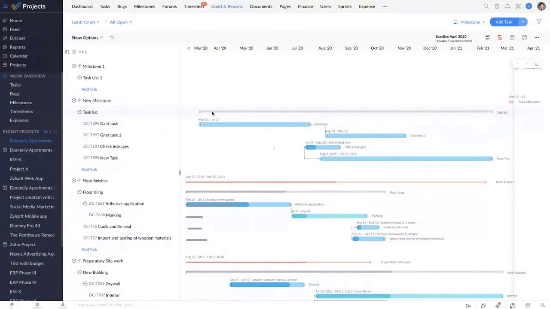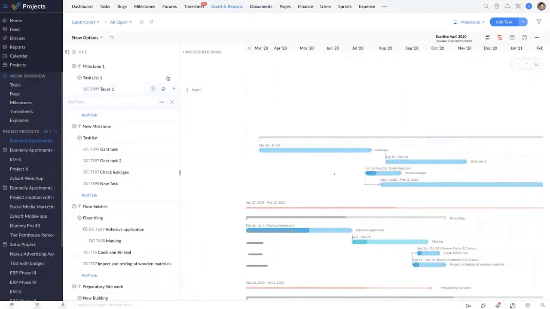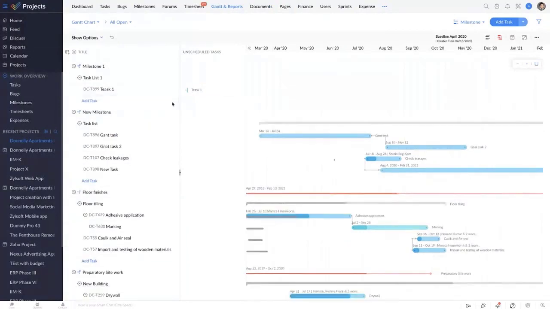Now to create a new task, you could do that directly from here. A Gantt chart in itself is a mini project management tool which lets you do a lot of stuff inside the Gantt chart itself without having to move to the different sections that you have in your PM tool. So click on Add Task, give it a name, and hit Enter. Now this would directly create the task and have it under the Unscheduled Tasks module because you haven't given it a date. So to give it a date, drag and drop it on the calendar and resize it based on the duration, the date, and the timeline that you want for this task.